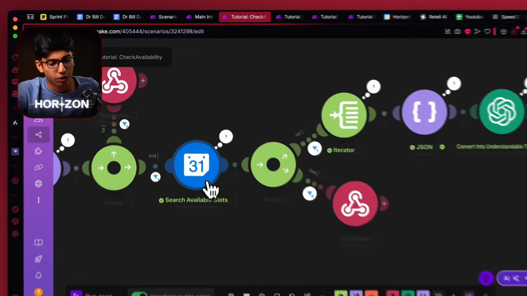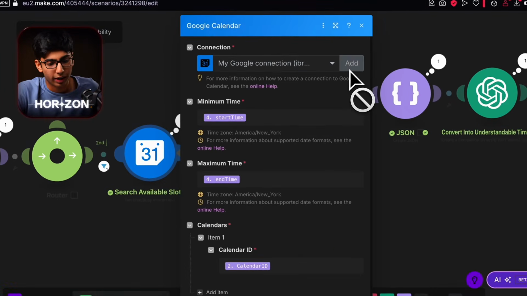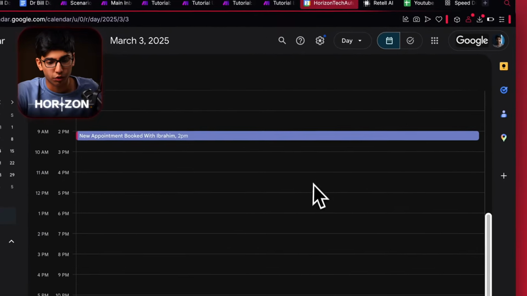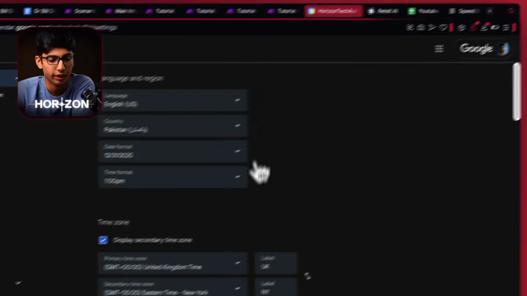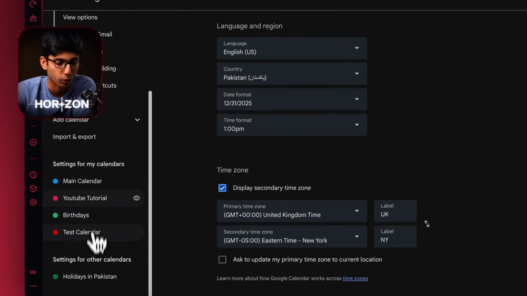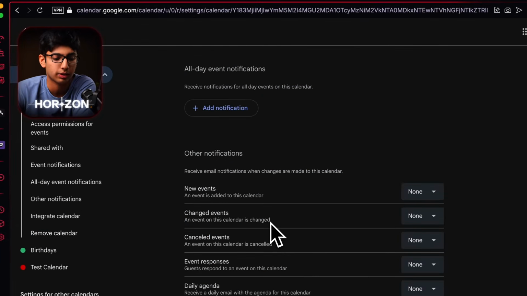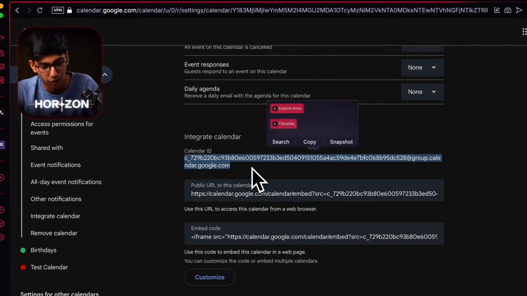To integrate this into your Google Calendar, it's very simple. Just go ahead and add like this. Obviously, it's a simple sign in with Google. And I want you to go over to your calendar, go to the settings, and go down to the calendar that you are running with. Inside this tutorial, it's a YouTube tutorial. I want you to select this calendar ID right over here,